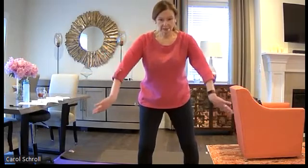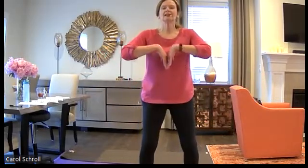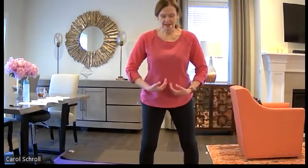Now bring the back of your hands together. Pull that up your center line and make a very generous movement in front of you, like this, a circle in front of you. And then make this a lotus pose right in front of your solar plexus. And then